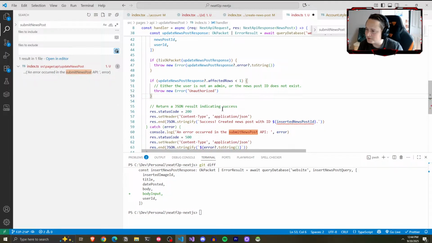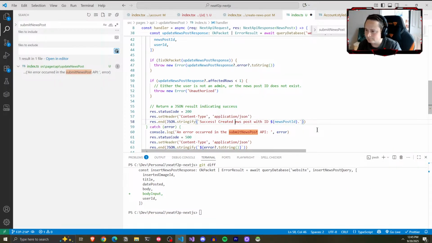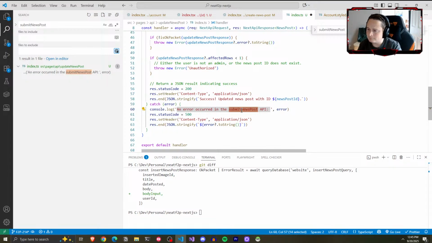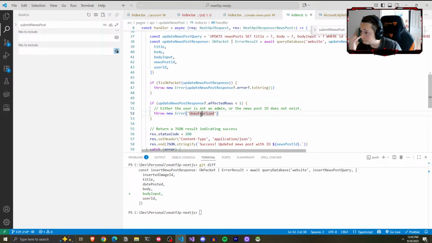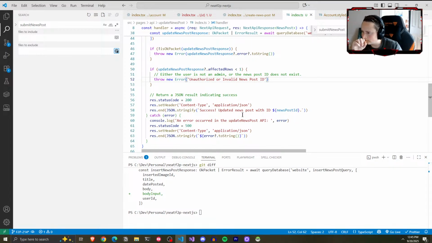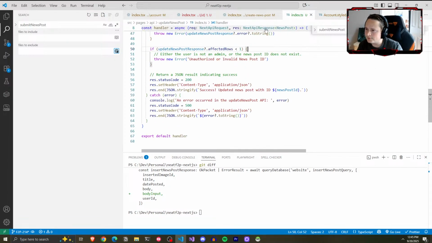Okay, so we won't need the inserted news post ID because we already have it. News post ID can just say updated news post with ID. Okay, this is looking pretty good. So now,